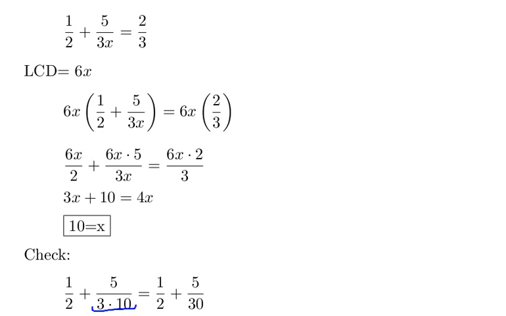And now I want to combine these two fractions. Actually, first thing I want to do is simplify this one. Divide both sides, top and bottom, by 5. So this is going to be 1/6. But then I still want to go ahead and combine these two, add these two together. So that'll make this 3/6